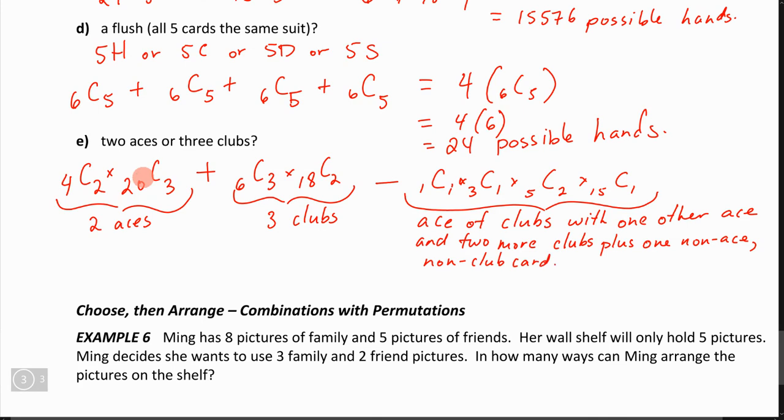Okay, what does that all mean? Well, because these events are